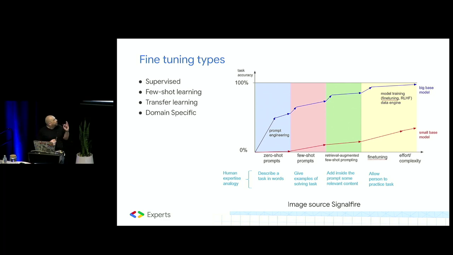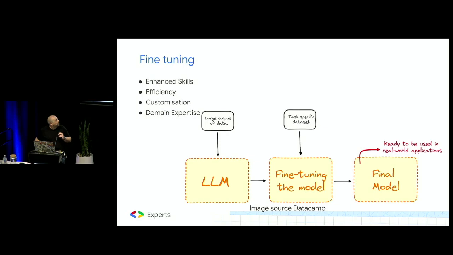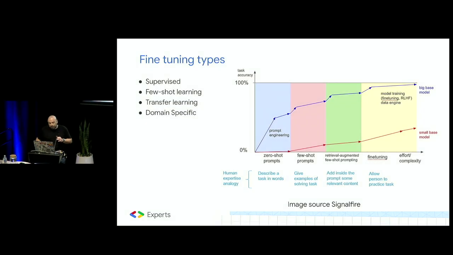Now, I've put there transfer learning, sorry. We're on the right slide. I put there transfer learning, but I think that all the techniques that I described are part of transfer learning. This technique is specifically aimed to allow a model to perform tasks different from the tasks that it was trained for. So, for example, if we have a model that is trained to recognize furniture, you can do transfer learning to make it understand a completely different dataset.